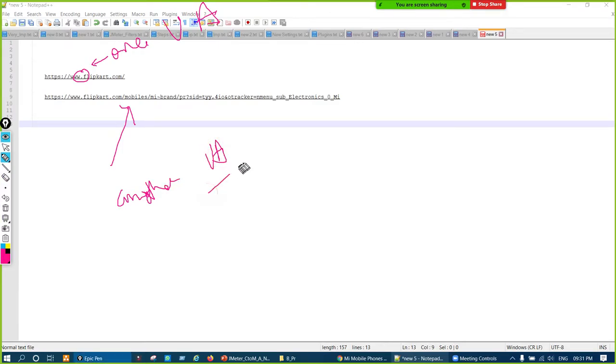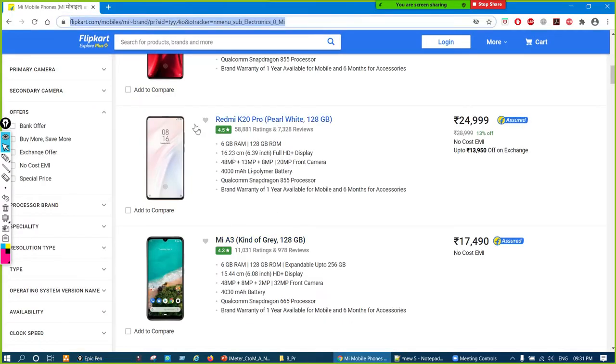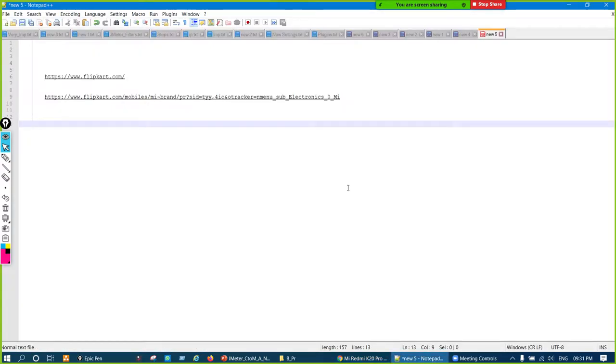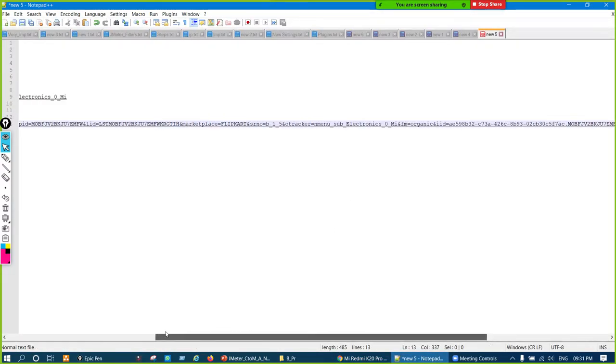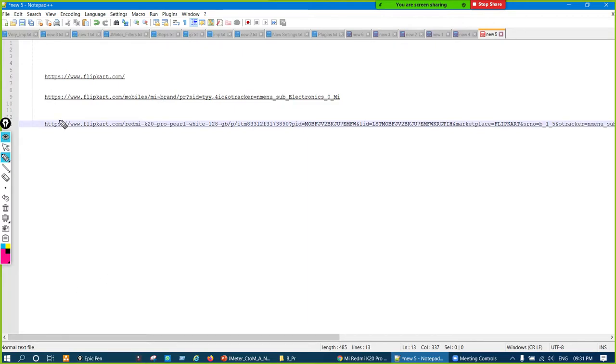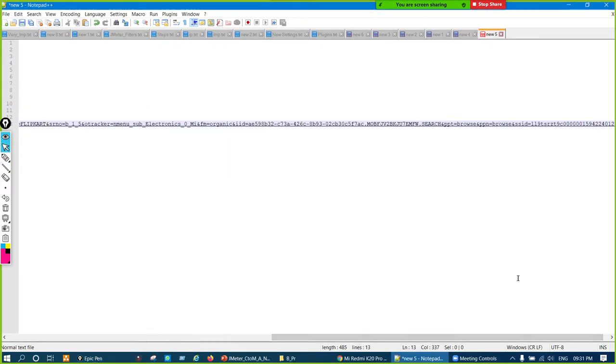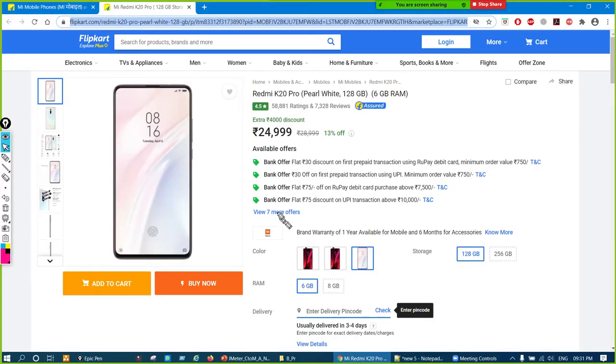Similarly, if you go on like that, you'll see each time a new kind of URL will be generated, and that URL acts as a request to the server. So let us say if I click on this mobile, again this request goes to the server. It's a little bit big request, but the base URL remains same. Here this part got changed. It went to the server, and server responded this page to us.